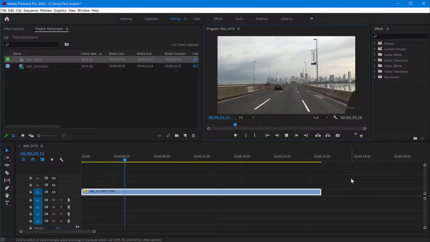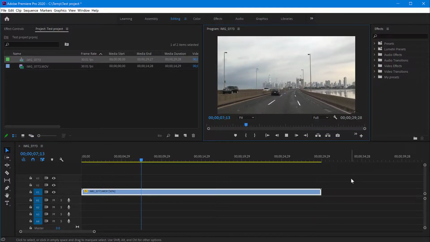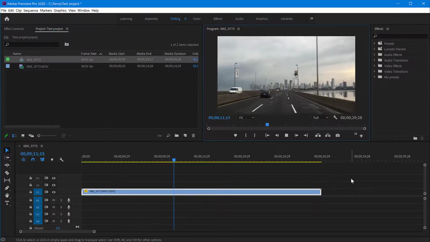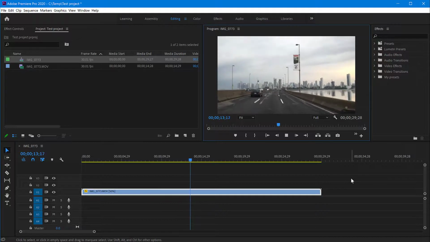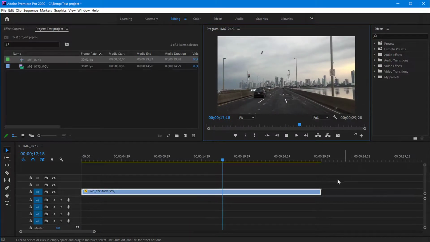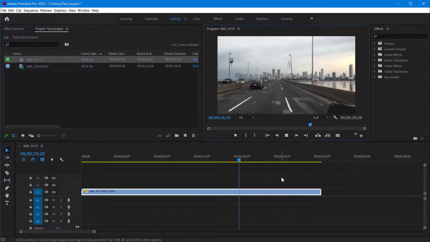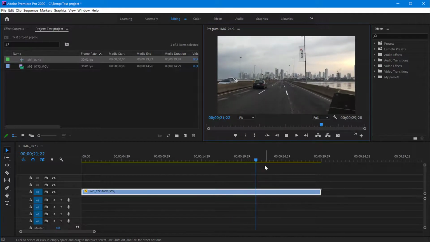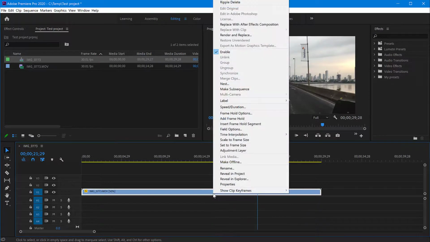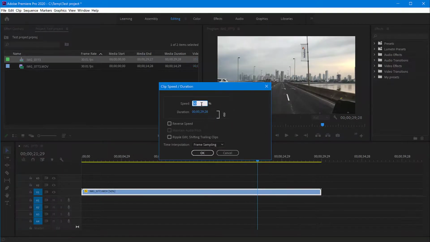Now you have to be careful. If you slow a video too much, it's going to appear too slow, and your frames are going to be very jittery, and it's not good to exaggerate with this. Likewise, if you want to make it go faster, you just right click on this, speed and duration,